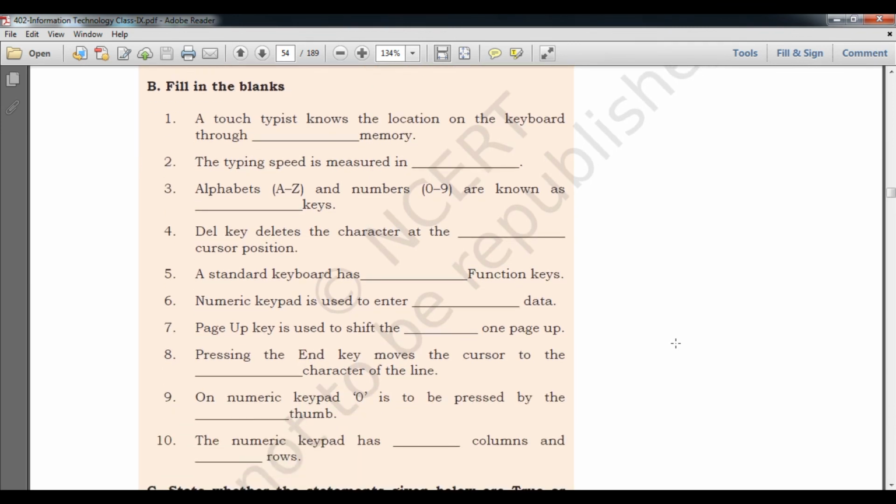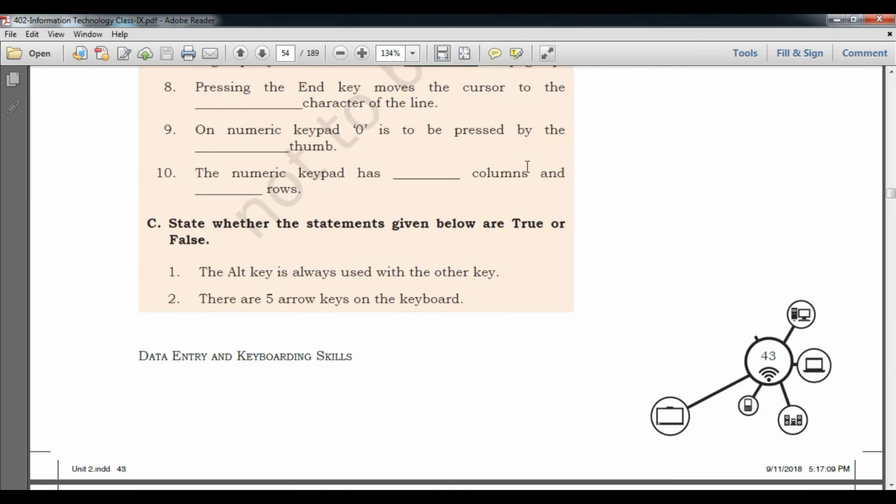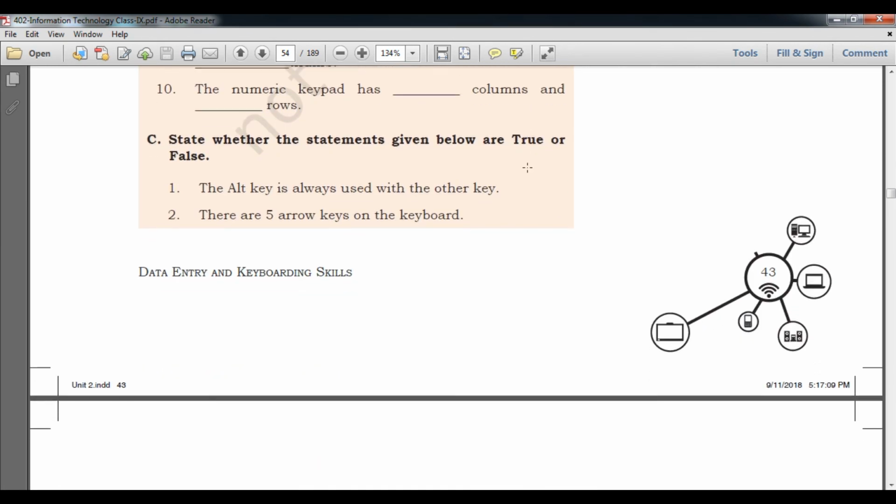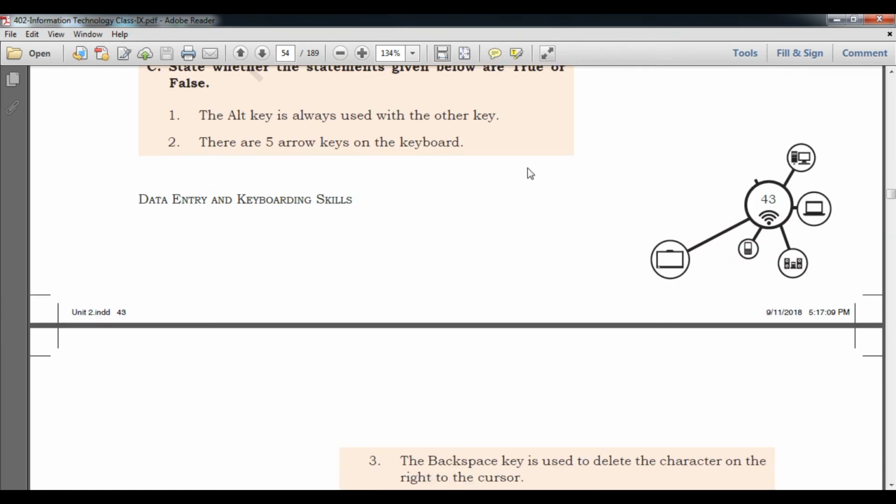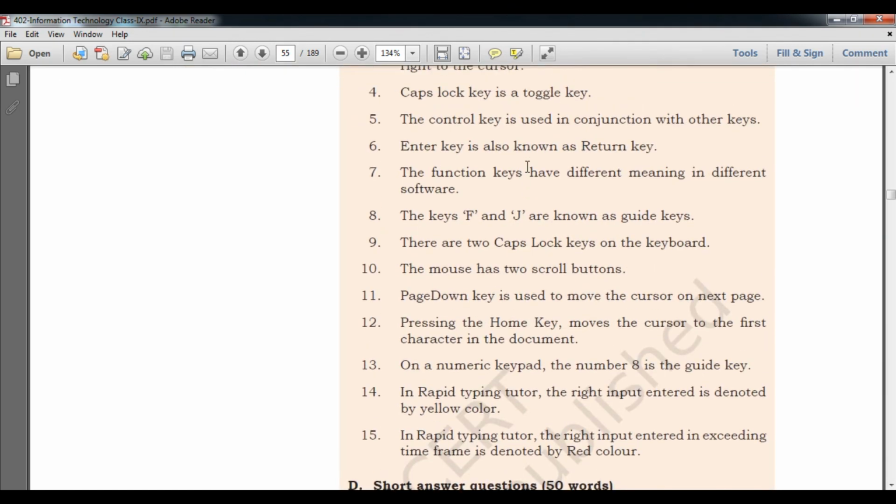Now students, I am giving you homework. These are fill in the blanks. You have to note them in your class copy, and I will send you these notes also. By reading them, you have to fill in the answers to these questions. And here are some true and false questions also.